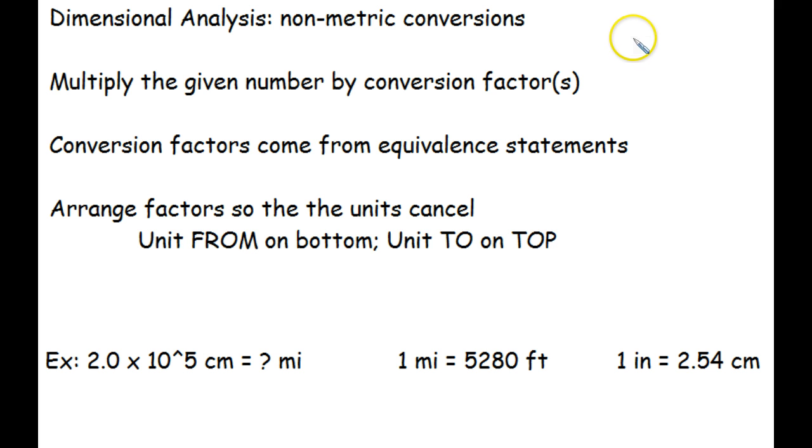How do you do that? You have to multiply your given that you want to convert by one or more conversion factors. How do you get a conversion factor, you ask? They come from equivalence statements. These are things such as that 12 inches equals 1 foot. So things like that. What you do with these equivalence statements is you arrange them as a fraction and you